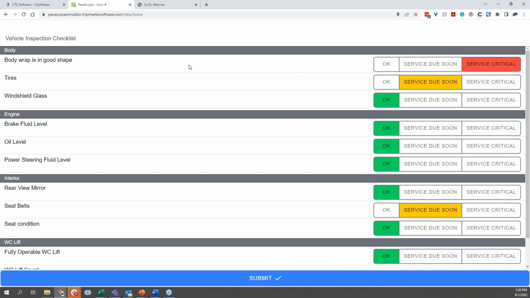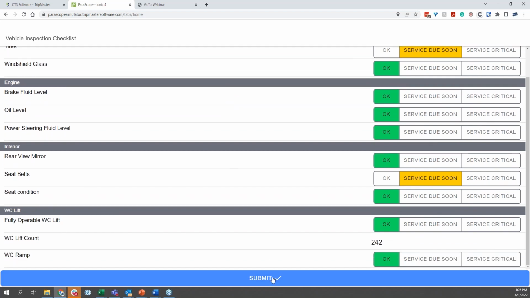And the vast majority of scheduling and dispatching software solutions in this industry offer some form of a pre-trip and or post-trip inspection to help you maintain these vehicles. And in most cases, it's a requirement in different states by law to have done this before you transport members, especially of the vulnerable population.